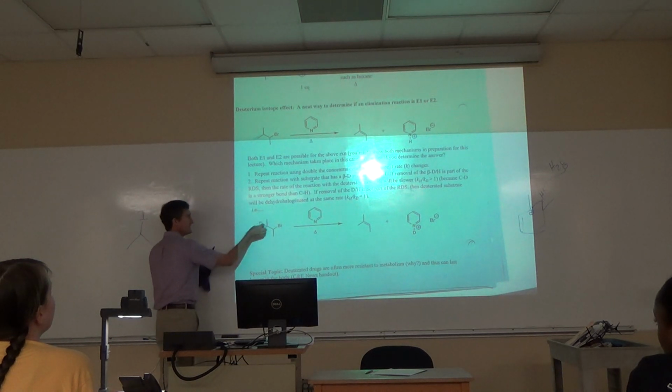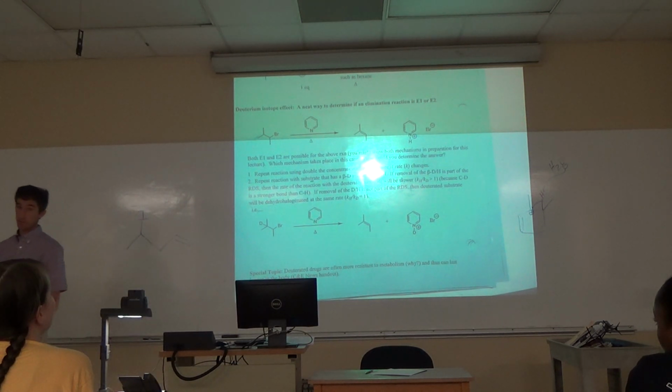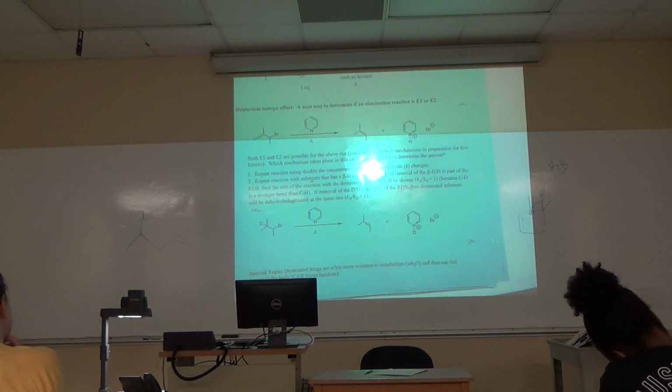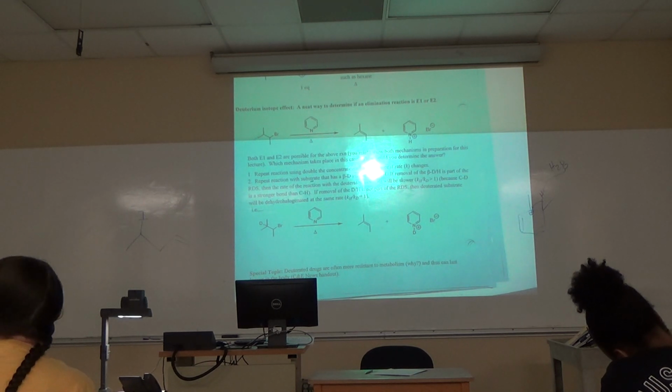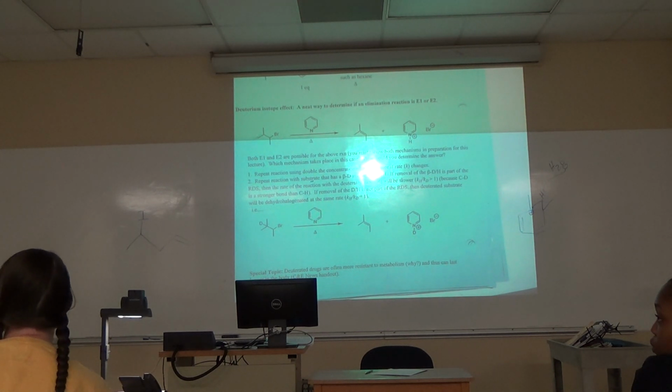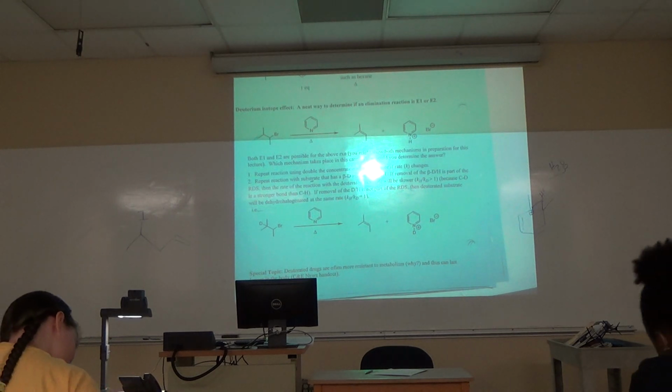Now importantly, the CD bond is stronger than the CH bond. Partly because there's a mass difference, and mass does affect bond strength, and you can look that up. What's the difference in mass between an H and a D in terms of percent? The D is what percent more mass? What's the mass of H? What's the mass of D? 2. That's an increase of what percent? 100% more. That's a huge difference in mass